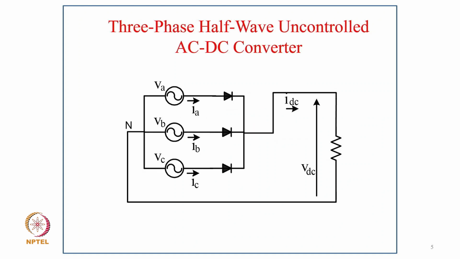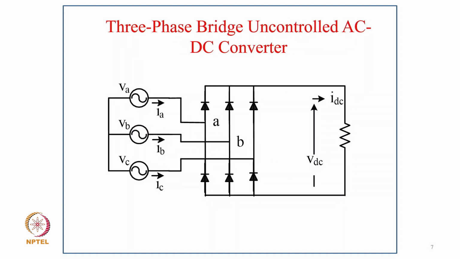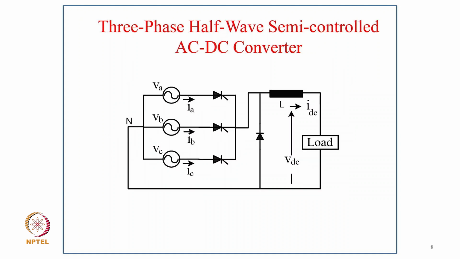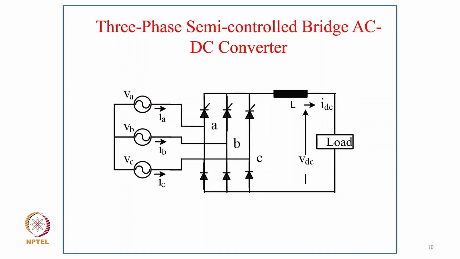So coming to this classification circuit-wise, this is what we call a three-phase half-wave uncontrolled AC/DC converter, and this is a three-phase full-wave uncontrolled AC/DC converter, and this is a three-phase bridge uncontrolled AC/DC converter. Then this is a three-phase half-wave semi-controlled AC/DC converter. This is a three-phase full-wave semi-controlled AC/DC converter, where we convert three phase into six phase, and then we have a three-phase semi-controlled bridge AC/DC